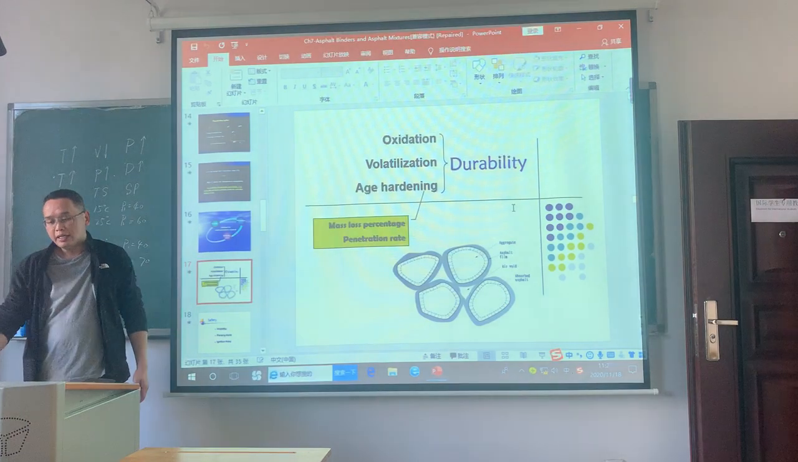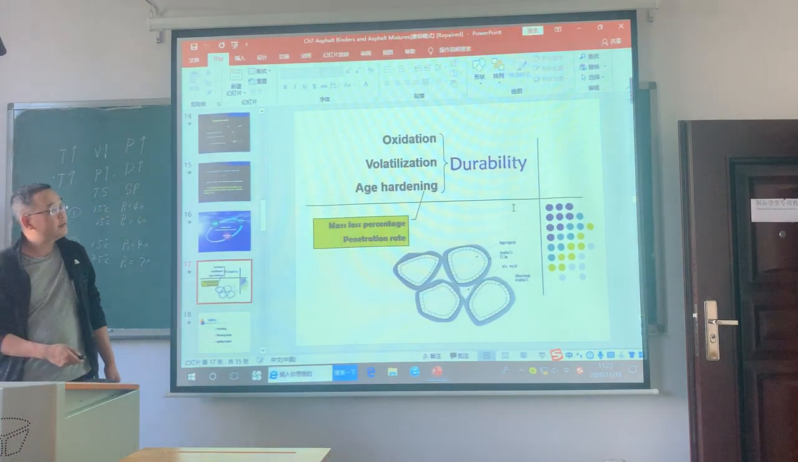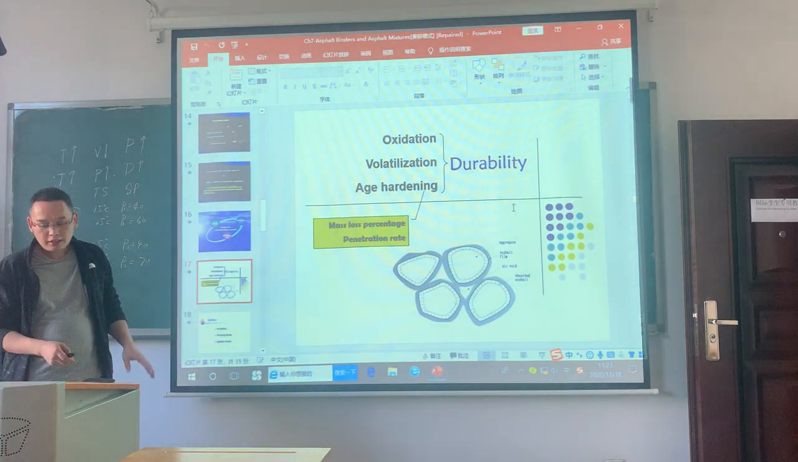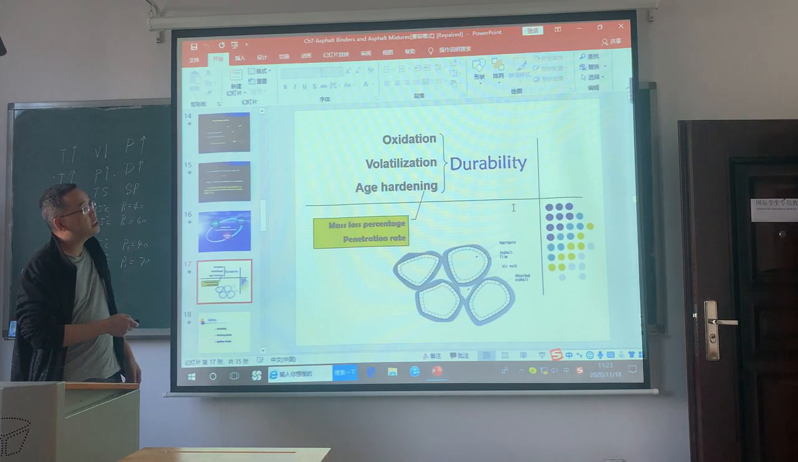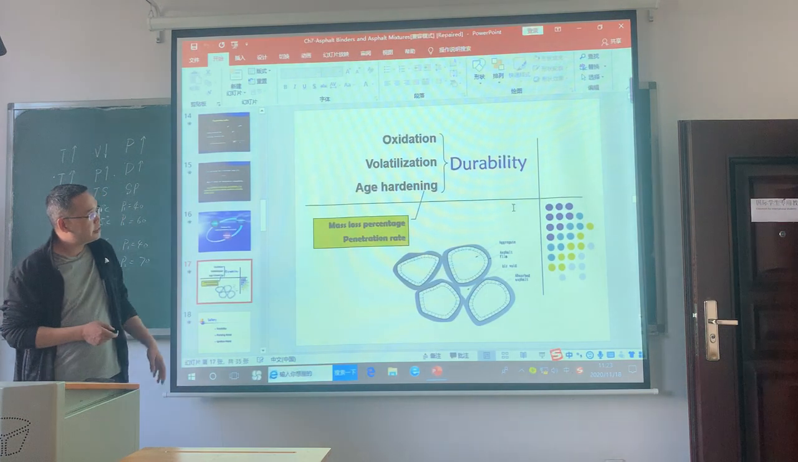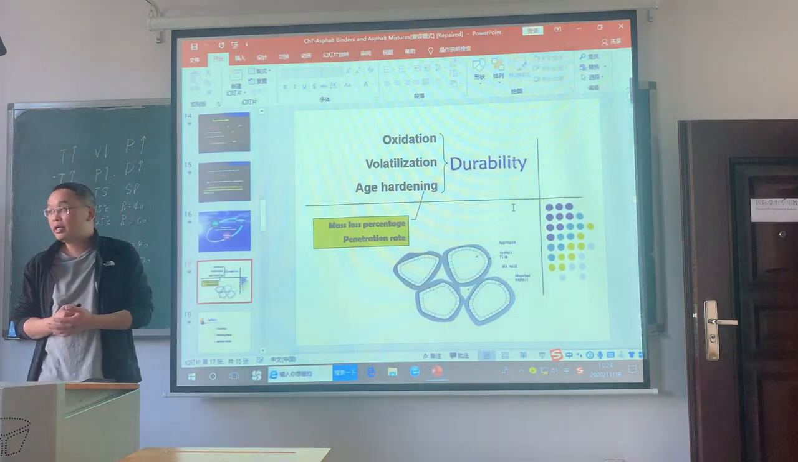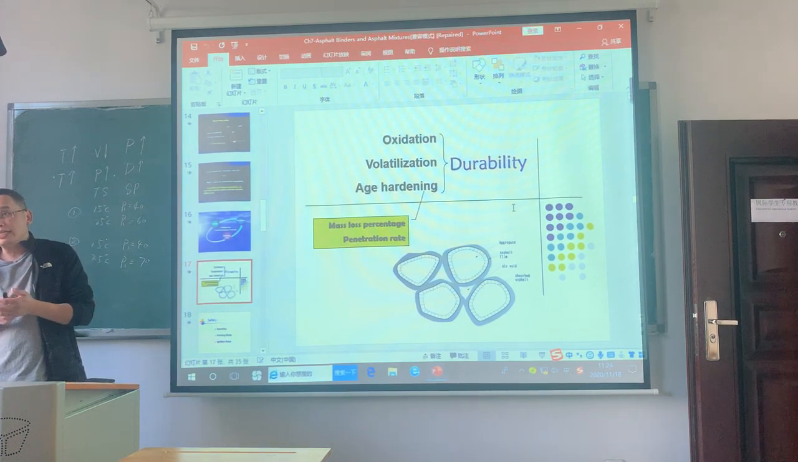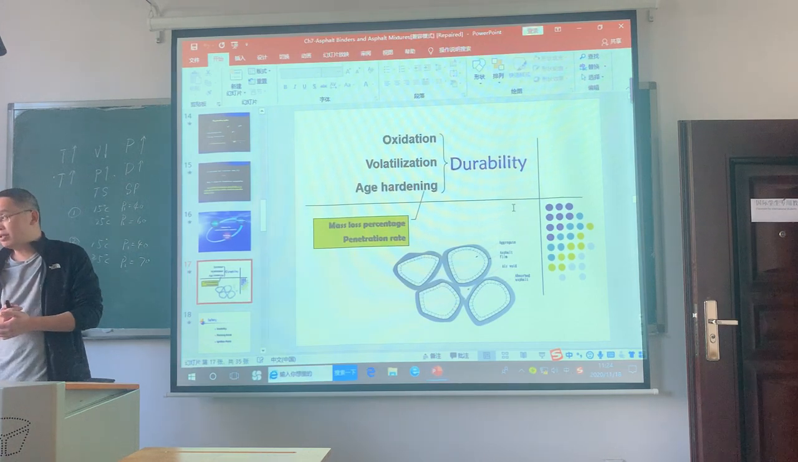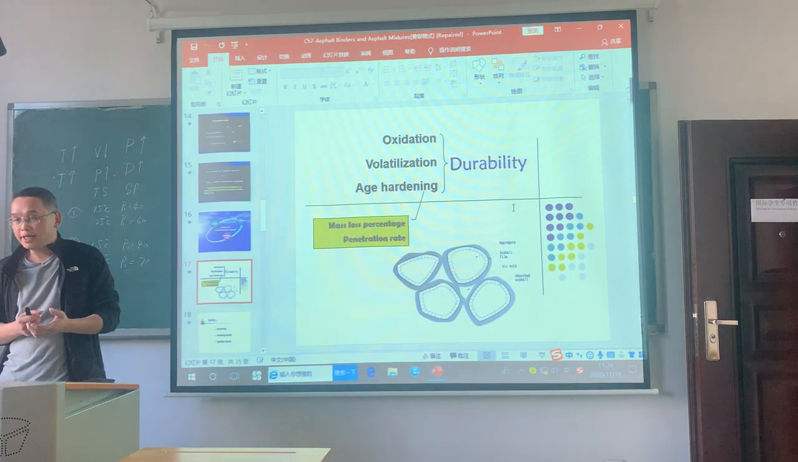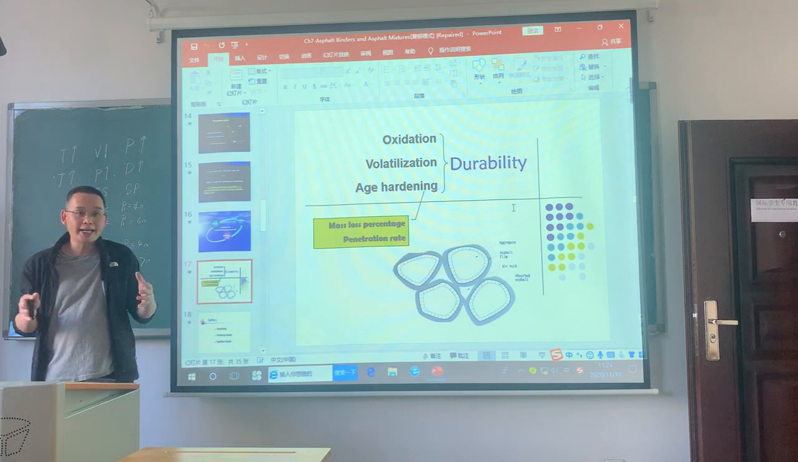And another property of the asphalt is the durability. For the durability, maybe there are different kinds of durability. First is the oxidation. The oxidation is always related to the aging of the asphalt, because the asphalt is a kind of organic material. So the aging is also a critical performance for the asphalt. So how can we get the aging of the